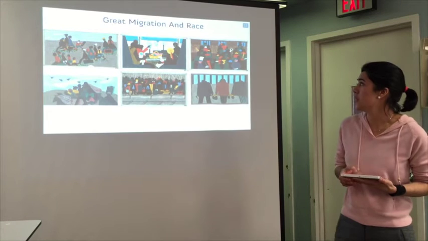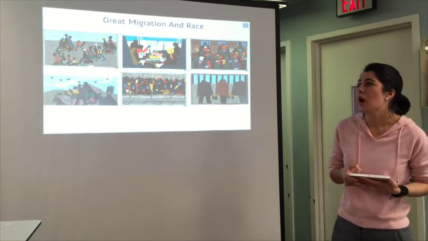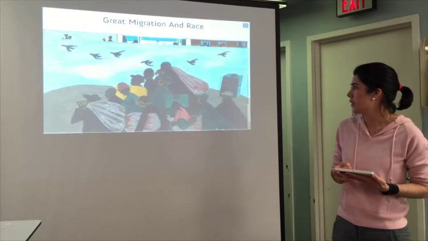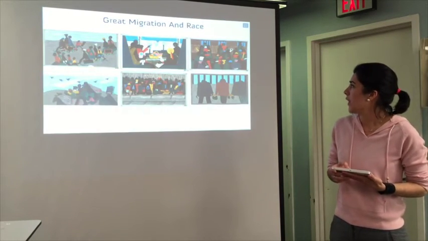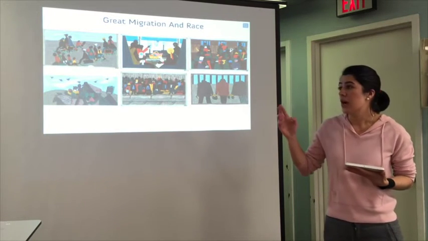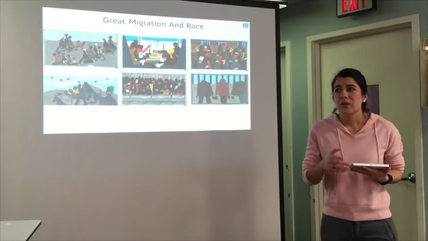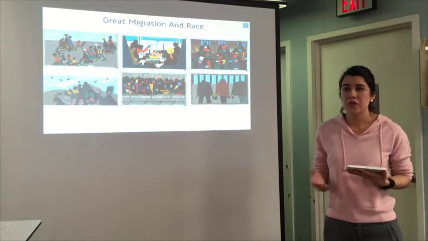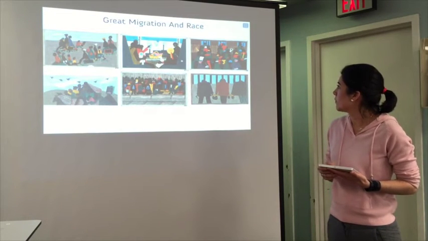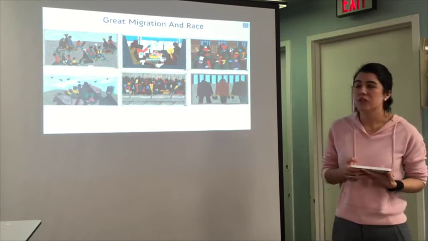And we divided our project into 4 parts. The first part, Mercedes, we're going to talk about why the African Americans moved to the north. Then Ala will talk about how was the condition, how they lived in the north, and then Joanna, we're going to talk about the Red Summer,